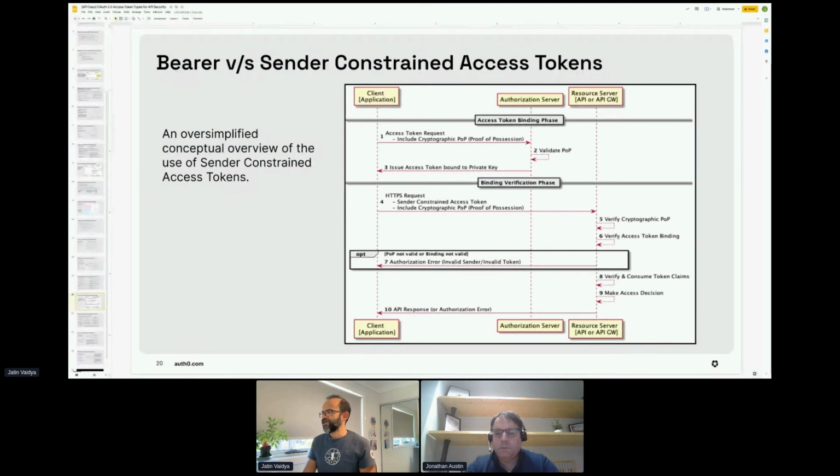If both of these checks succeed, then it moves on to verify and consume the token claims and make the access decision. If either of these fails, it will send an authorization error that either the sender is invalid or the token itself is invalid. That's where the sender constrained access token adds that extra needed layer of security by not allowing a bearer token, but actually confirming the identity of the token itself, whether it is bound to a particular client or not.